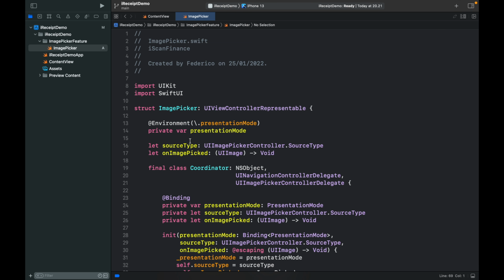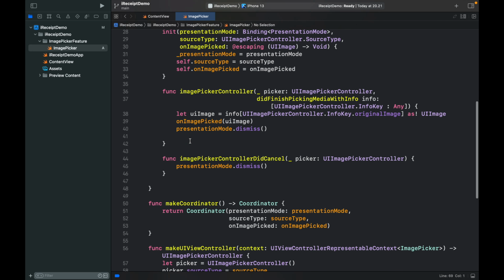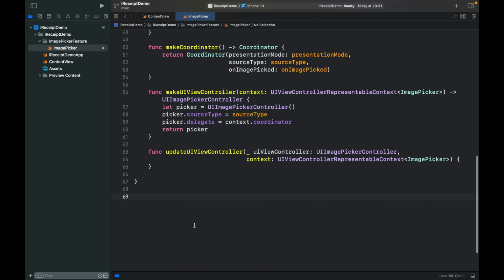It's just going to implement an image picker in UIKit, and we don't really have to worry about this right now. It's something that you'll learn in the future. For now, all that we care is that it picks an image and it returns to us the image that we want to use. So we can minimize this folder now and drag it right under the